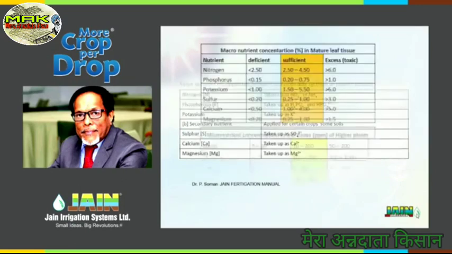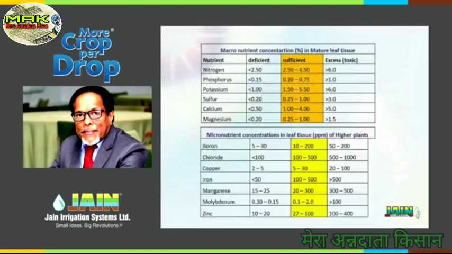Now, if you take a large number of plants during their growth and analyze them, especially those growing with sufficient nutrition, you will see the macronutrient concentration that is sufficient in the crop for its growth and development. Nitrogen comes to about 2.5 to 4.5, this is the percentage. Phosphorus about 0.2 to 0.75, potassium 1.5 to 5.5. If you look at potassium, it's actually highly utilized, large contents of potassium are utilized. Sulfur 0.25 to 1, calcium 1 to 4, and magnesium 0.25 to 1. These are the major primary nutrients and the secondary nutrients.